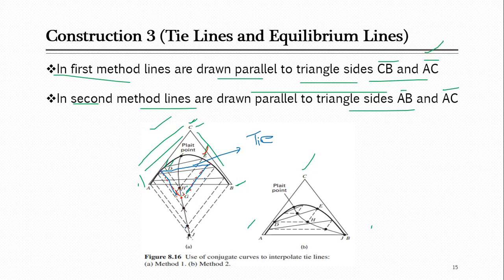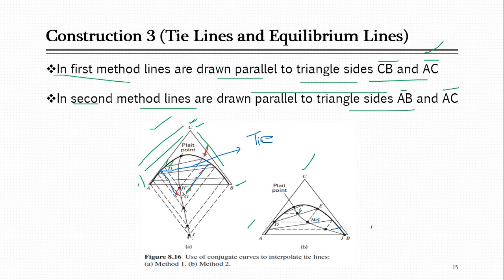This is one method. The second method is somewhat similar, but here you have to draw lines parallel to AB and AC, and you will locate some intersecting points, like one here, another here, and so on. If you join them with the plait point, you will get the curve, and from this curve you can draw lines parallel to AB and AC, and you will be hitting some points on the binodal curve,